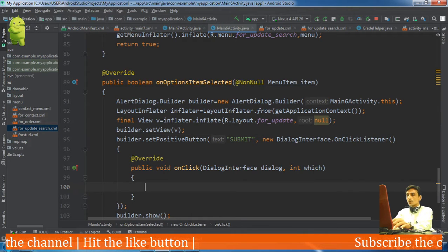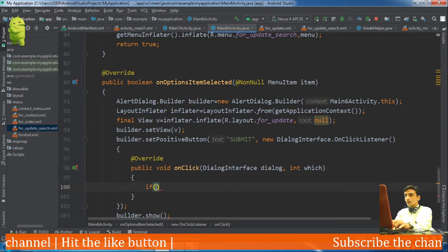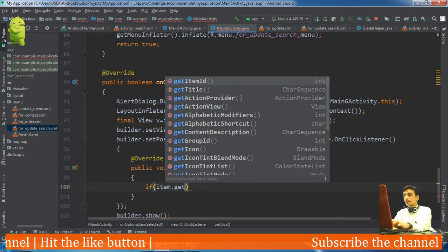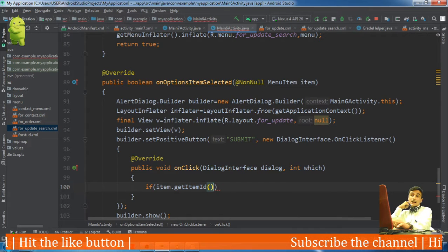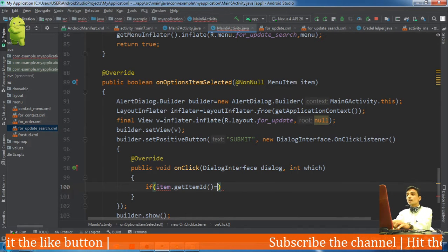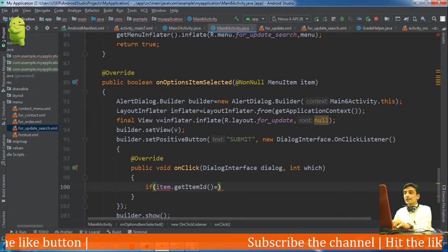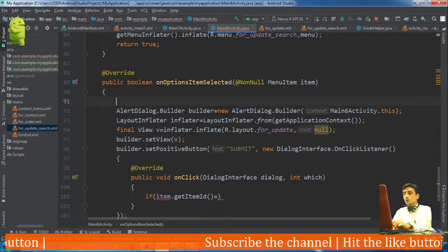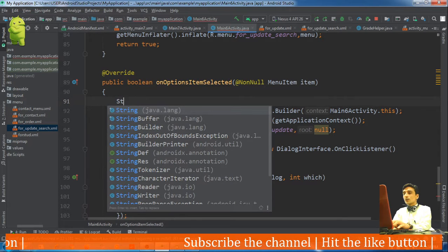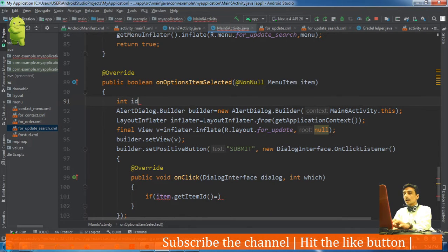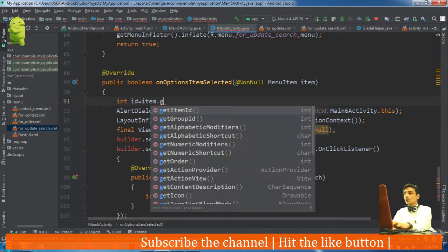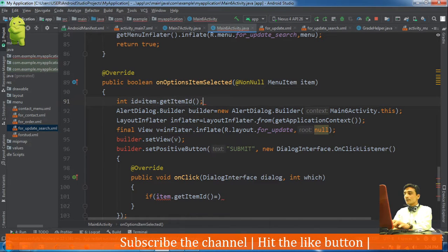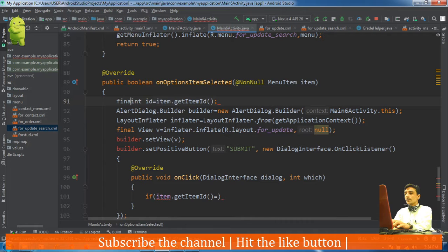We will check item.getItemId(), but the item would not be accessible here because it is not final. So we will do one thing: int id is equal to item.getItemId(). We will store that ID in a final member.